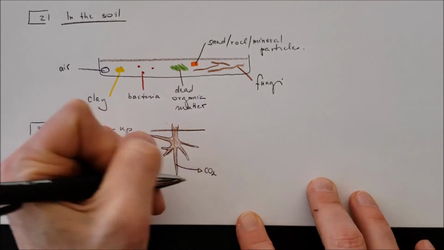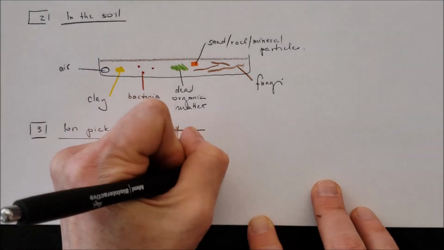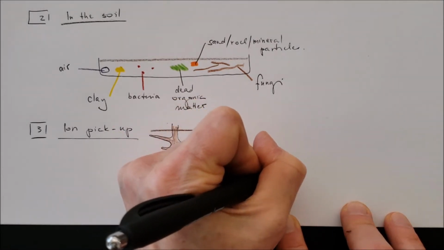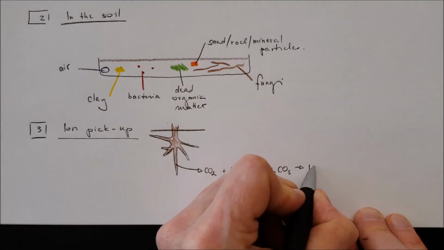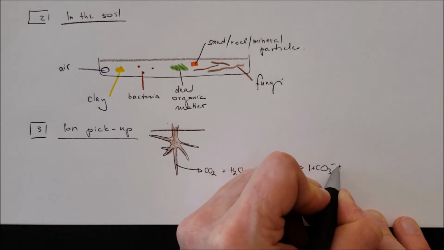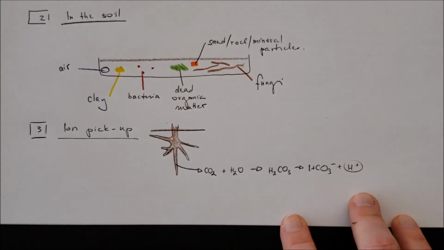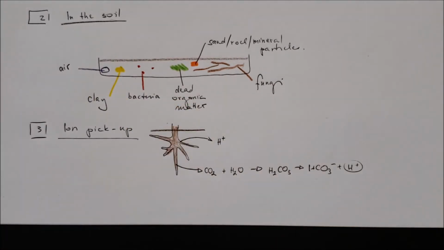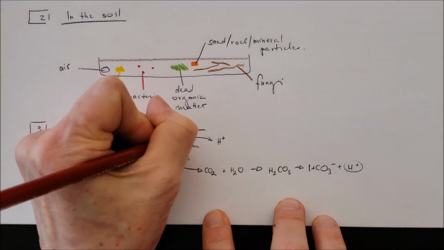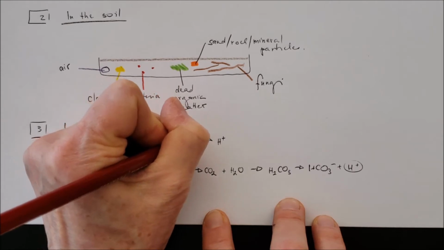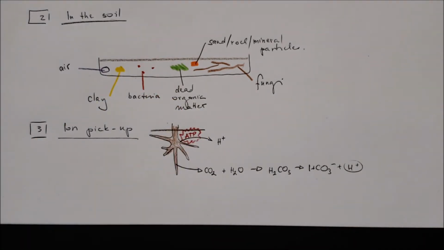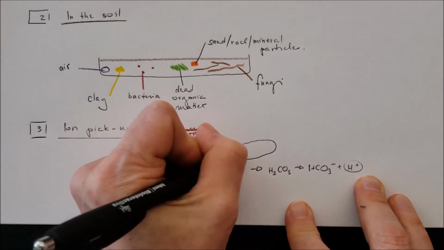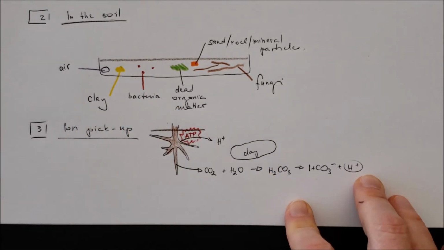diffuse out through simple diffusion into the soil, and because the soil is moist, the carbon dioxide will bind with the water, forming carbonic acid, but the carbonic acid is going to dissociate into its ions, bicarbonate and hydrogen ion. On the other hand, also hydrogen is actively pumped out with the help of ATP from the plant's root system into the soil, and we have a clay particle surrounded all around in